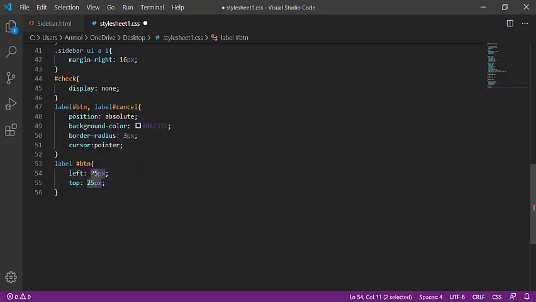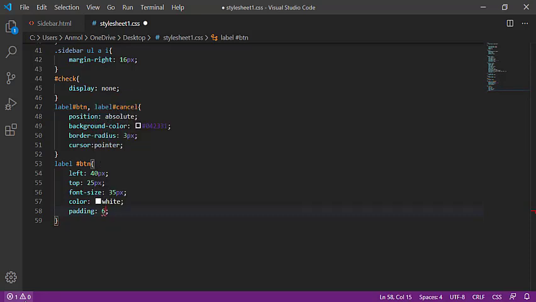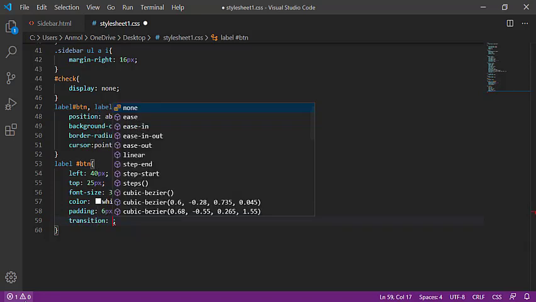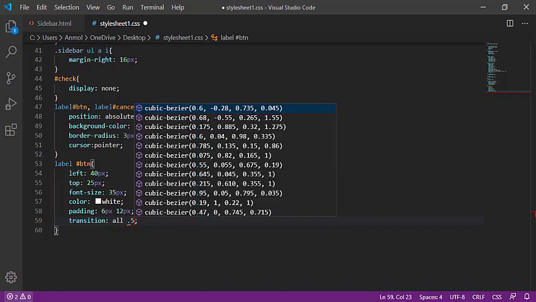This may be smaller, so some of these are 40 pixels, top 25 pixels, and then font size 35 pixels, giving color again white, padding 6 pixels from left and top from 12 pixels, and then transitions is approximately all 0.5 seconds.